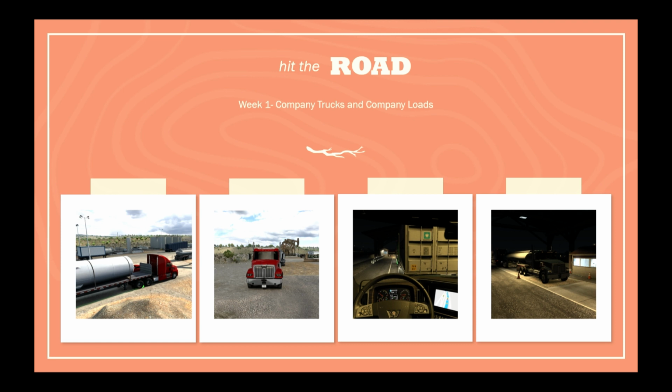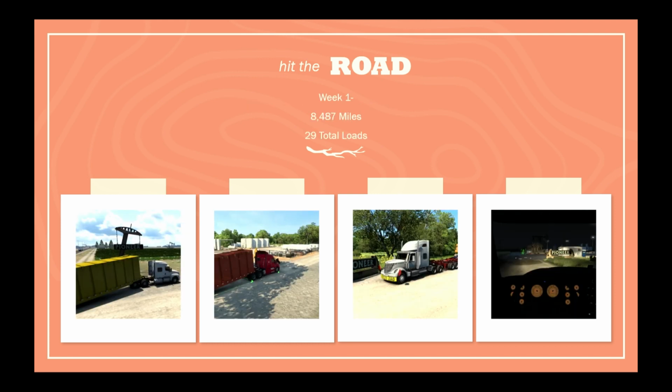So week 1, Monday through Sunday, we drove Pioneer trucks, used Pioneer trailers. We started in Fort Stockton and we went where the loads were taking us, and then we picked up the nearest Pioneer load that we could get. So we will look at the log. I'll show you every trip that we took in week 1, and you can see how we went about doing that and picking loads. So we traveled almost 8,500 miles in week 1, and we took a total of 29